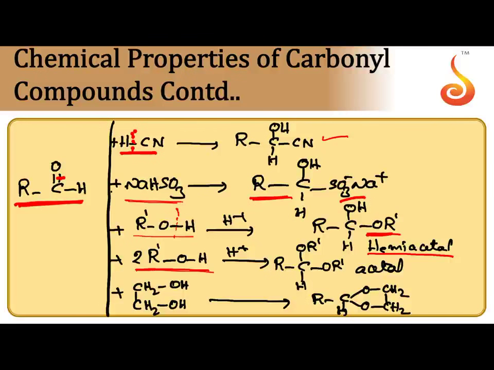When 2 moles of alcohol are taken, the C=O double bond is completely broken and 2 hydrogens from 2 alcohol molecules combine, forming H2O. So there are 2 alkoxy groups, and for differentiation I have given R prime. 2 alkoxy groups are at the same carbon. This type of compound, gem dialkoxy alkane, is also called acetal. Instead of 2 molecules of alcohol, if only 1 molecule which contains 2 OH groups, ethylene glycol, is taken in the presence of acid, it gives cyclic acetal.